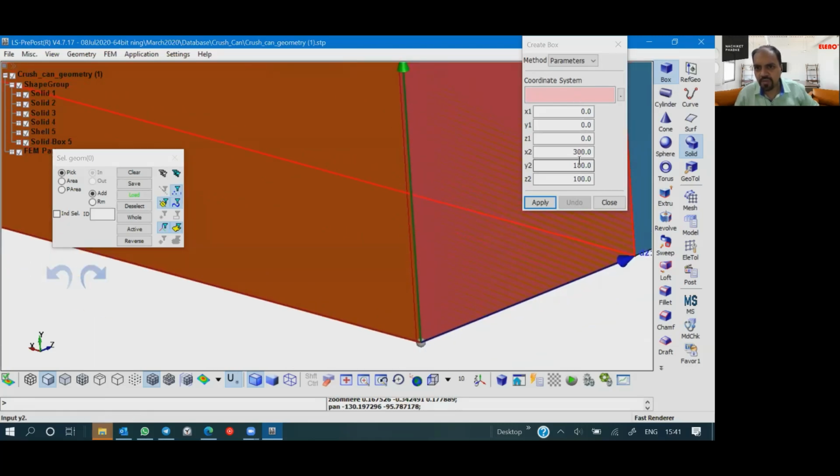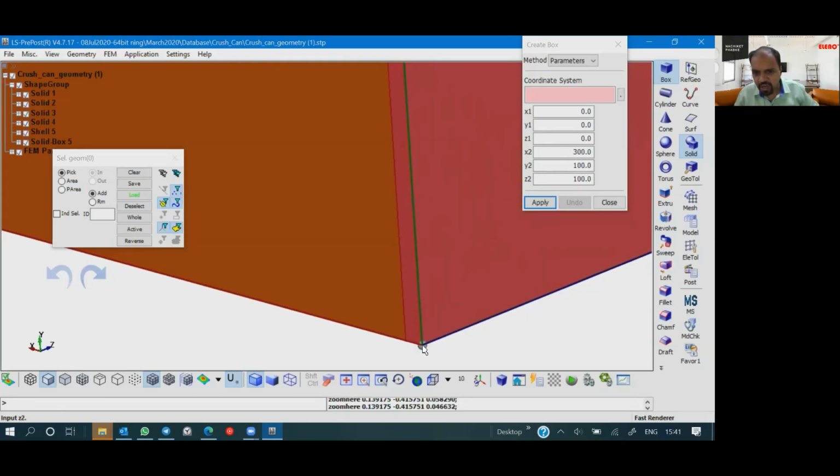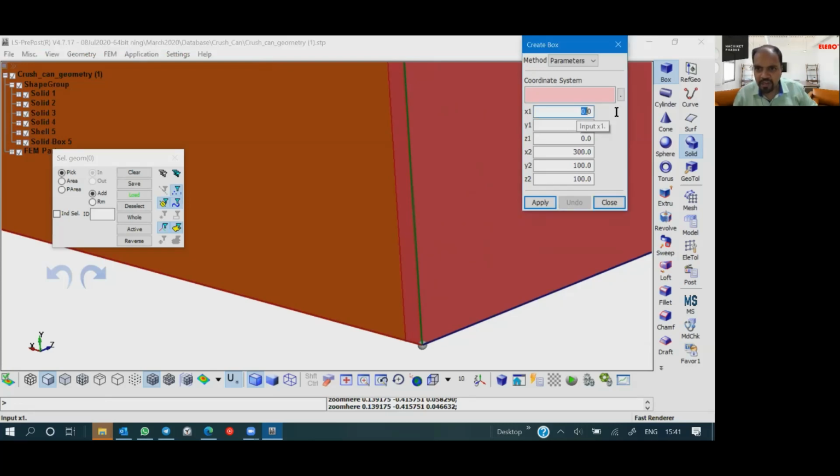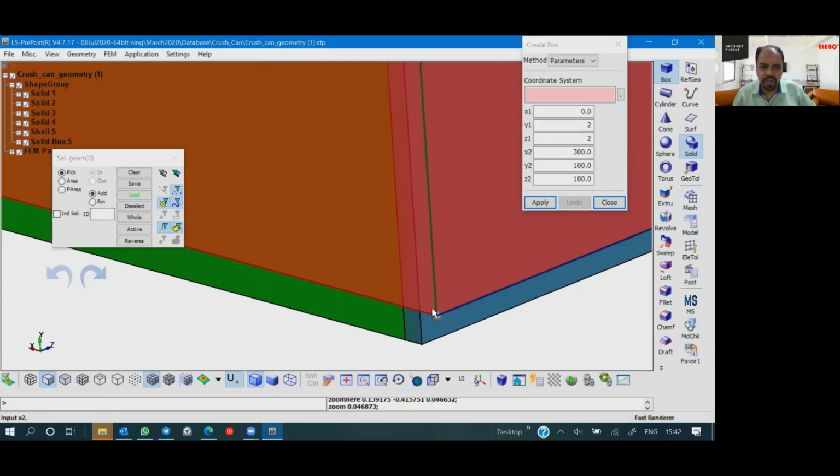My x1 y1 z1 should not be 0 0 0. It should be what? It should be little inside. So let's say 2 millimeter in. So I'll go z as 2. Okay, so I moved inside, and then I will go y as 2. Okay, here you go, and I kept x as it is.